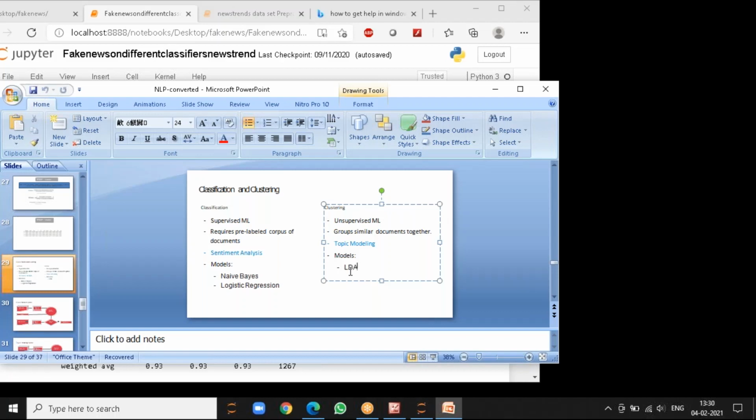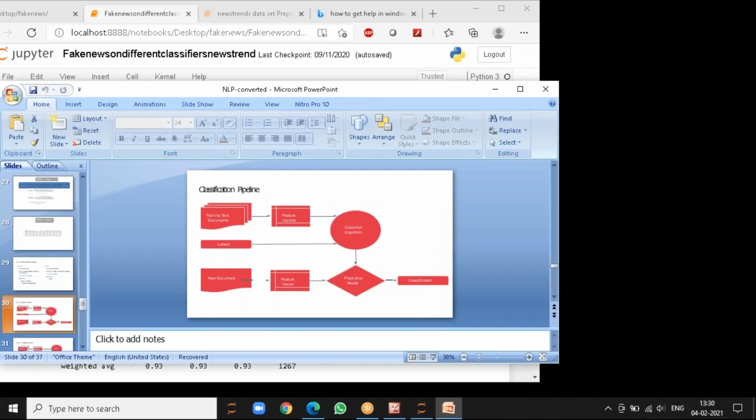Latent Dirichlet Allocation means we are assigning some probability to the extracted topics, and then allocating them to some clusters. So LDA is one of the clustering techniques, and most of the research is going on LDA also. And if we see how the classification pipeline works in NLP, it is similar to the usual case. The training and test data we give for training the classifier, and then we give some text